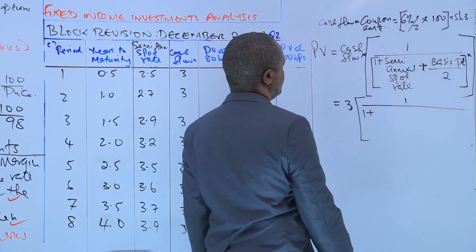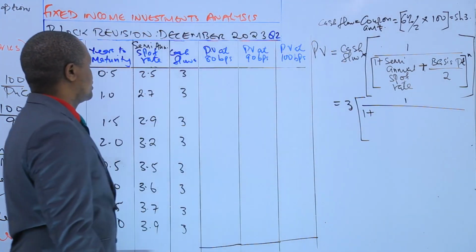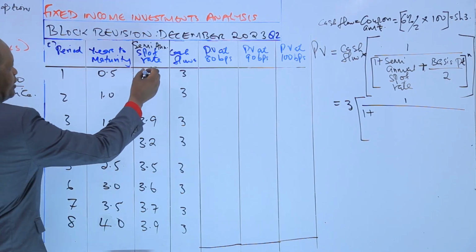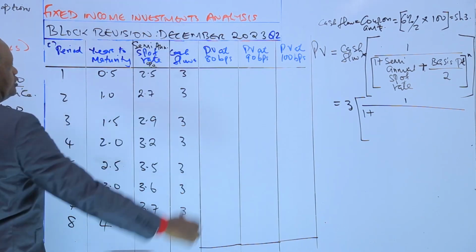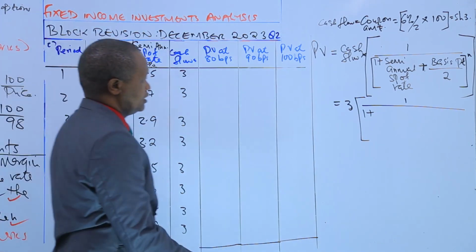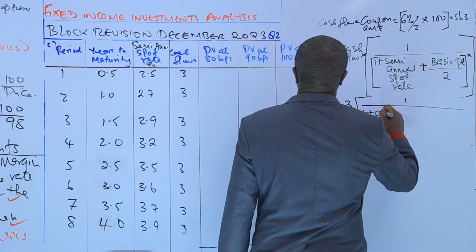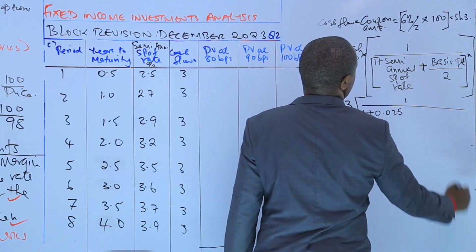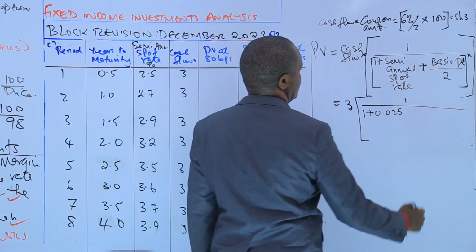What is the semi-annual spot rate here? It is 2.5%. We convert this 2.5% into decimal, and that will give us 0.025, plus